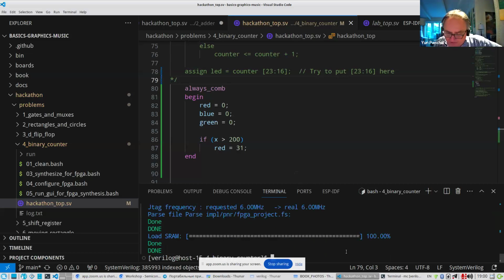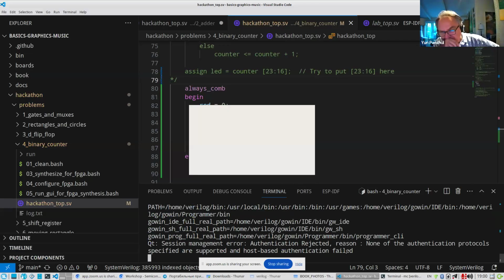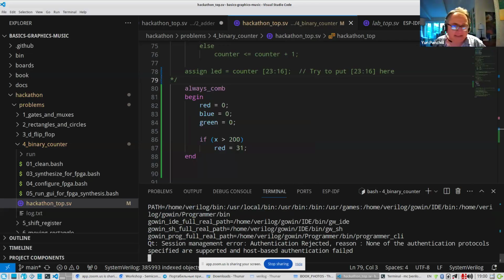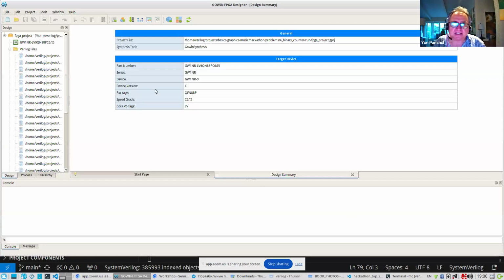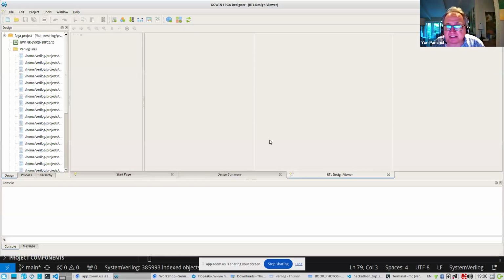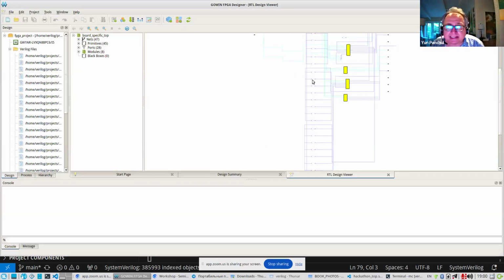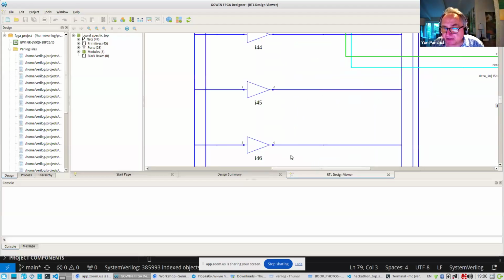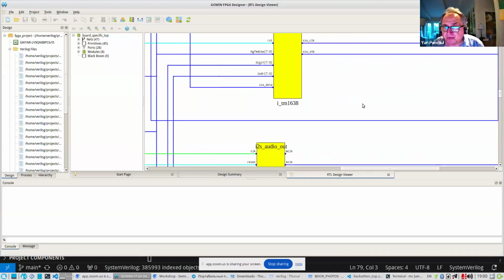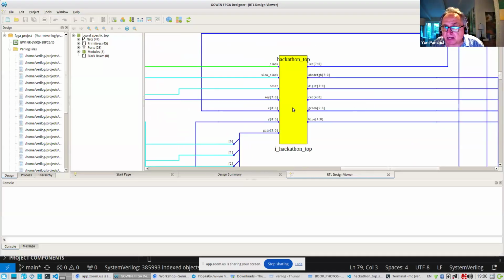There is a script called 05 run GUI for FPGA synthesis, and this script just runs a program, and you can go to the schematic viewer, RTL design viewer, and you can see schematics for a circuit which is generated based on your code. So you need to find here hackathon top. This is our module.